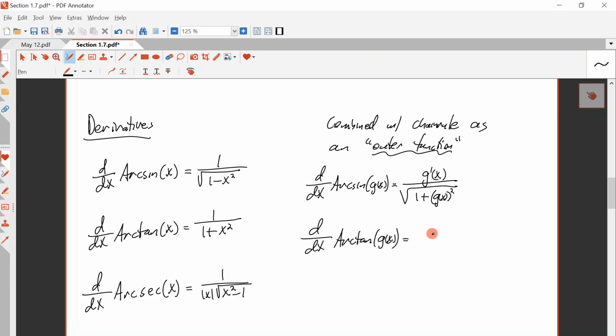This is 1 over 1 plus g of x squared. So instead of x, you have g of x, the whole thing multiplied by g prime. And then